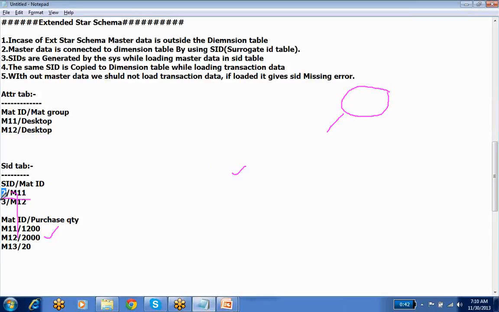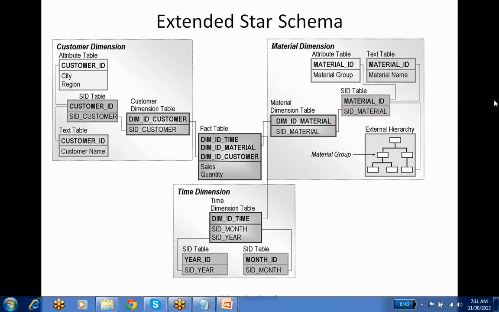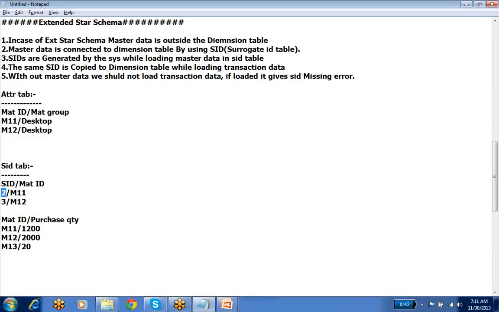The system is checking SIDs, and the SID from the SID table is going to be copied here. That's what I'm trying to say. So when the SIDs are generated while loading master data, and while loading transaction data, the SIDs are copied to